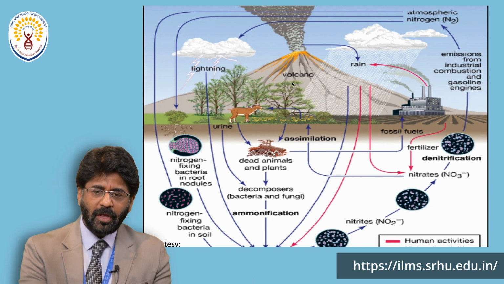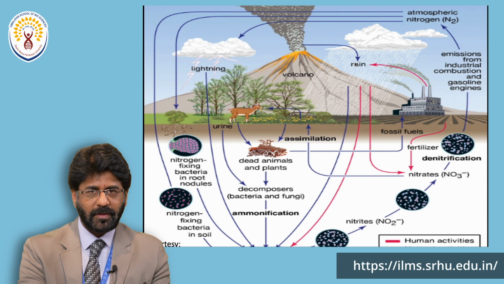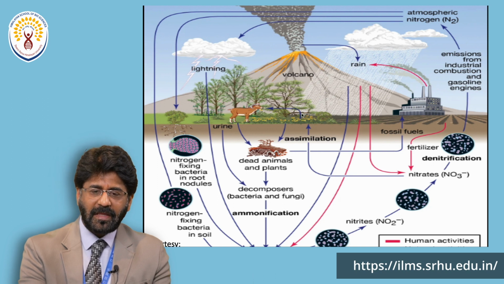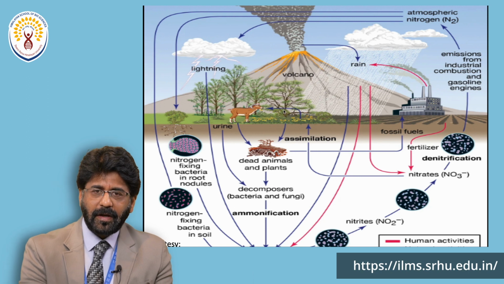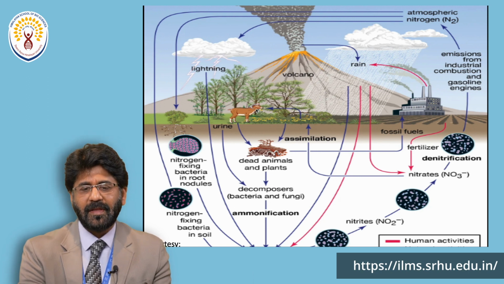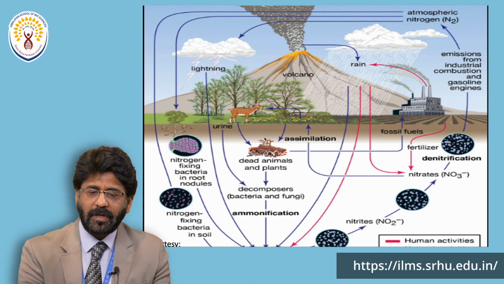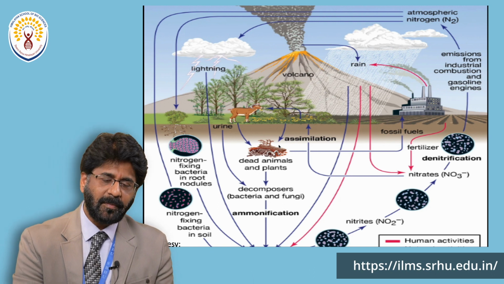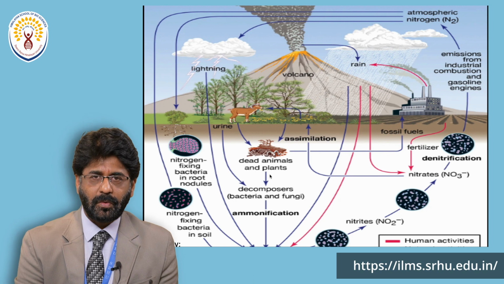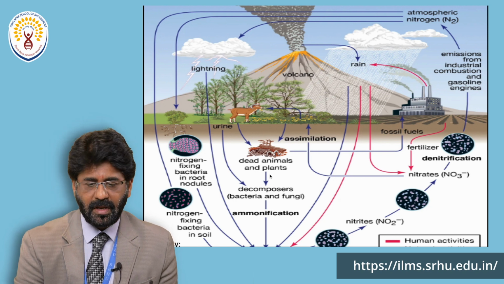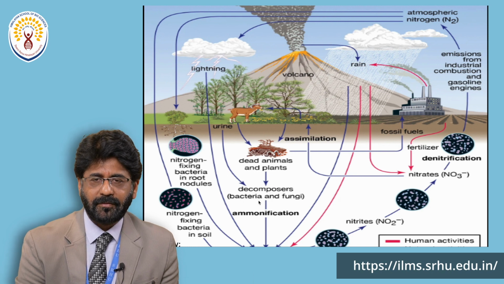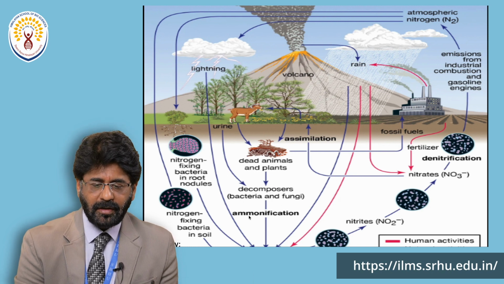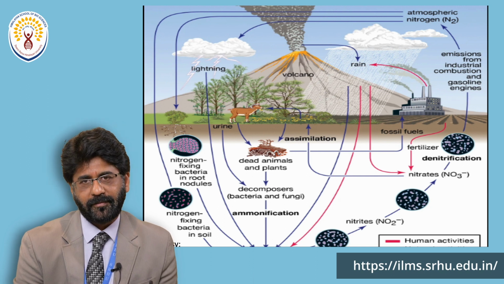So here volcanoes are adding nitrogen, with the help of the rain, to the soil, and the plants absorb the nitrogen. Finally, after the death of the plants as well as animals, decomposition takes place and the nitrogen which has been stored in the body of the plant as well as the organism decomposes and is converted with the help of bacteria and fungi. This process, known as ammonification, adds to the lithospheric reservoir.